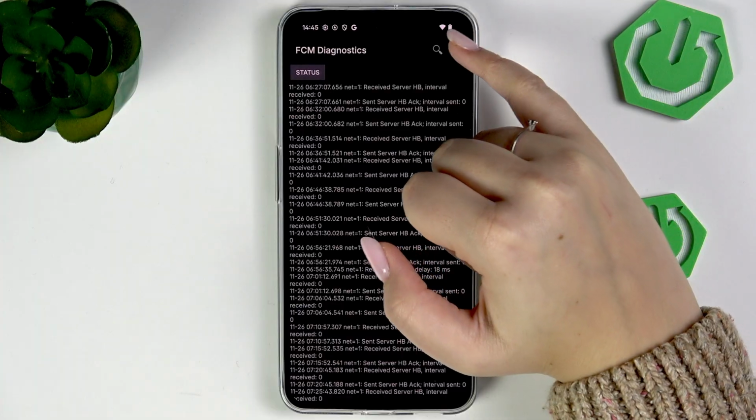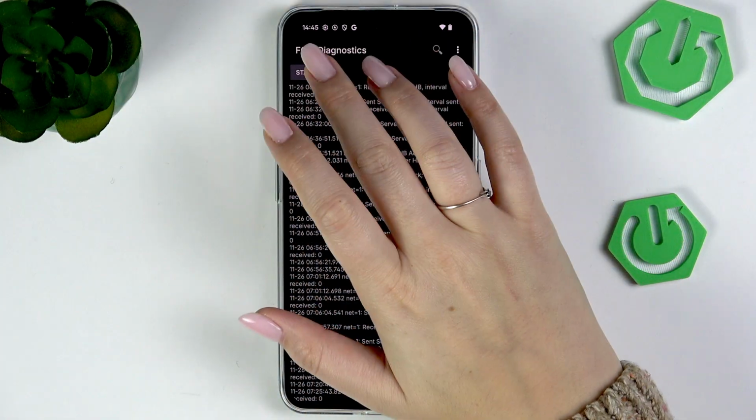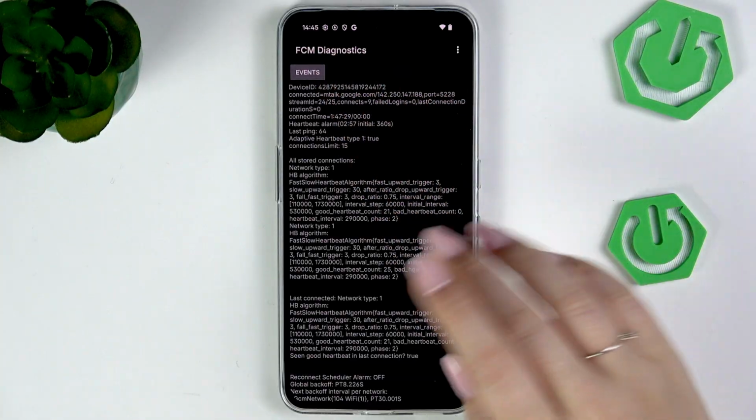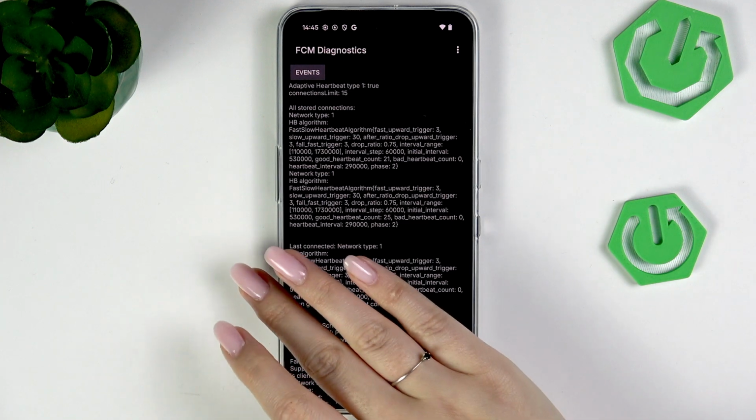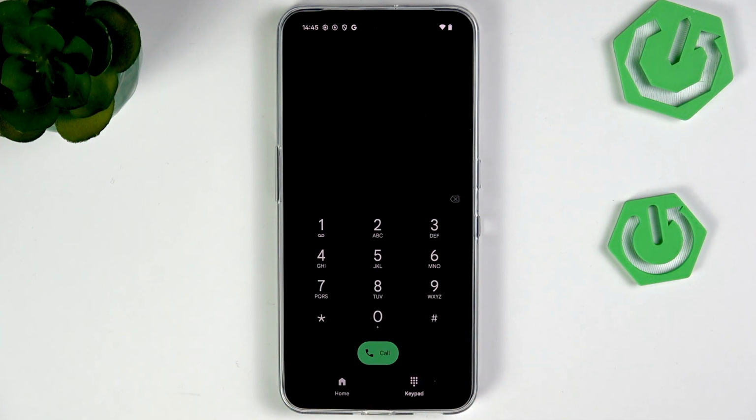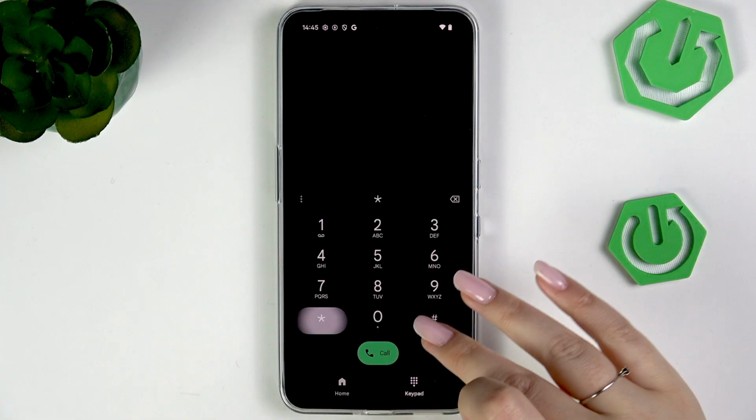After tapping on the three dots icon, we can show advanced view. Just tap on it and tap on the status. And here we've got much more information. So for example, the heartbeat, last ping, or HB algorithm. Let's go back, and the last code which I'd like to show you is